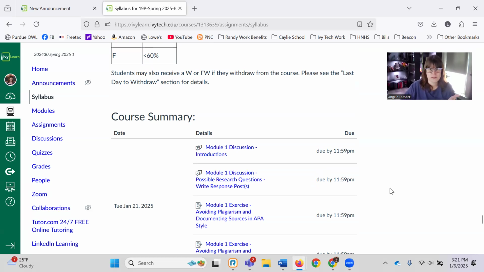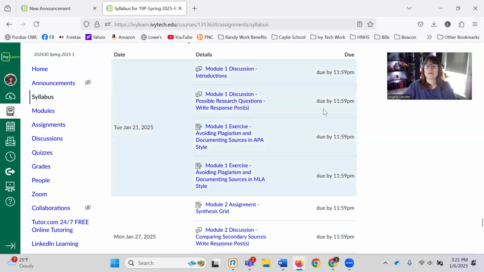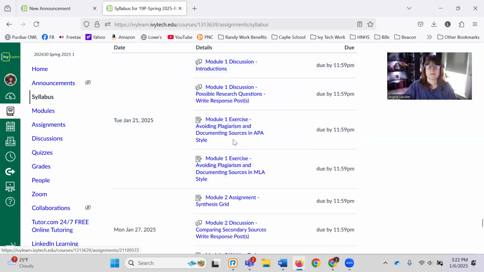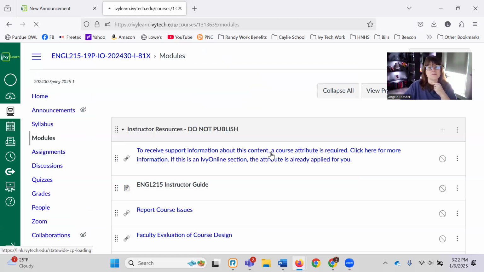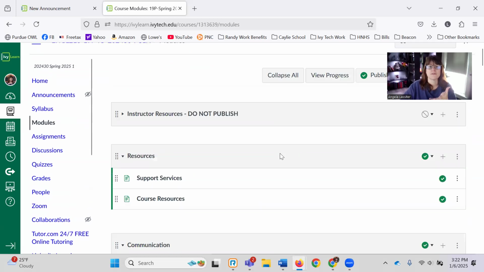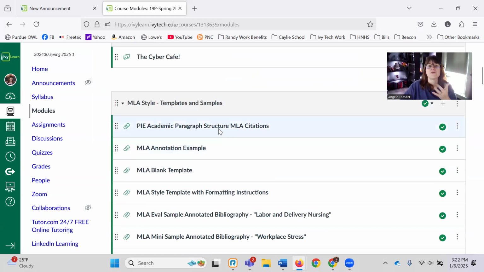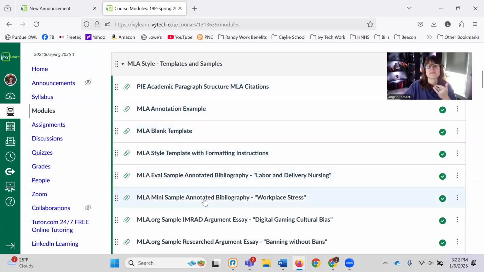But in case this is your first online course, look under the syllabus for your due dates, okay? Because they're all here. They will also be in your weekly announcements, okay? So there's going to be 2 places where you can actually click on them, get to them, and know when they're due by. You can also click on modules, and when you go to your modules, you can see when these assignments are due.